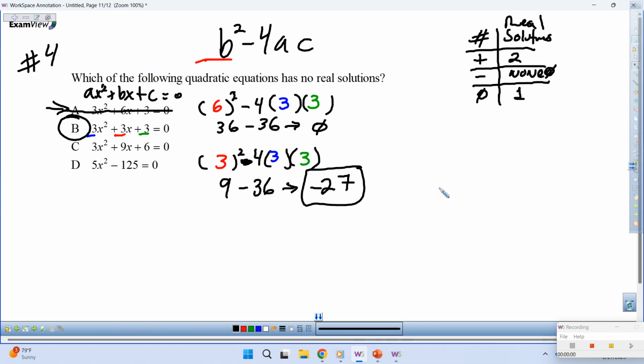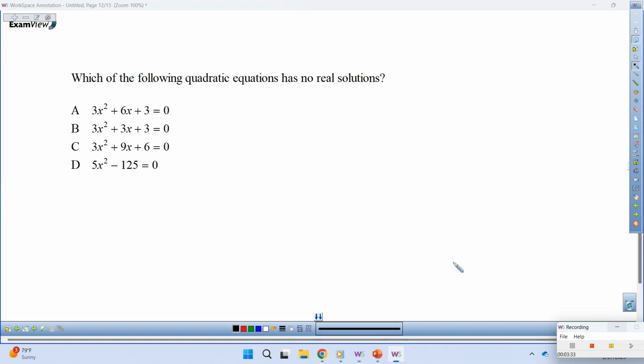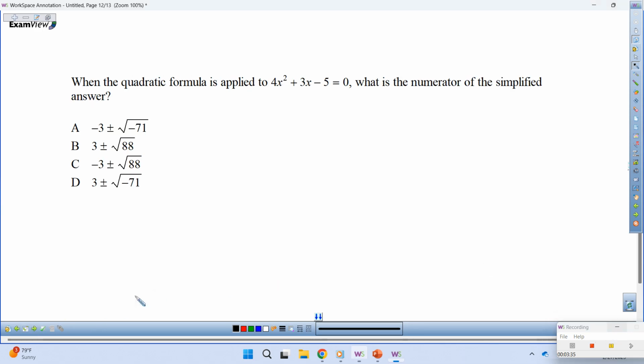Alright. Make sure you copy that. Pause it if you need to. Go to number 5. This one was number 4, yeah. Number 5. It says, when the quadratic formula is applied to this equation, 4x squared plus 3x minus 5 equals 0, what is the numerator of the simplified answer? So,